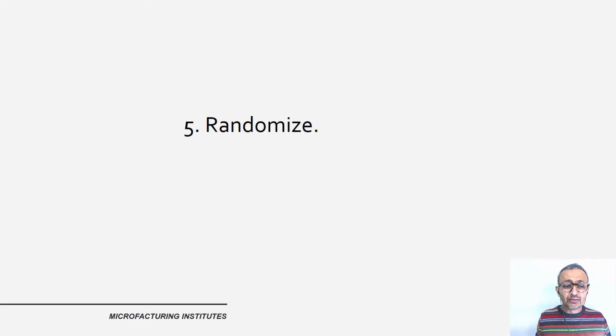And of course, we want to randomize, randomly assigning some people to the treatment group and others to the control group. The treatment group receives the change you want to test, while the control group receives what you previously had on offer.